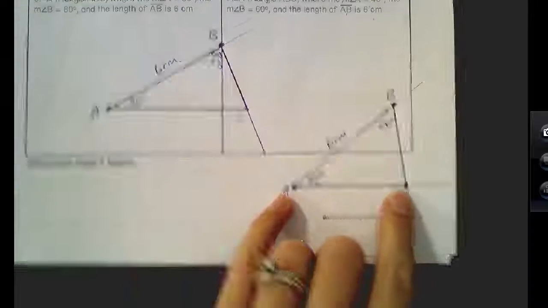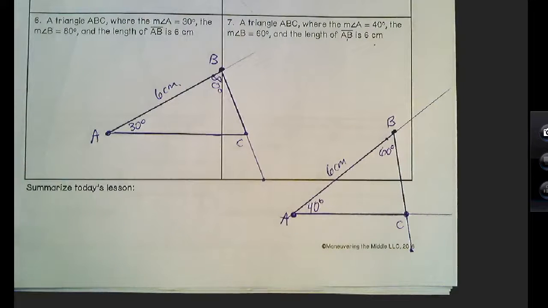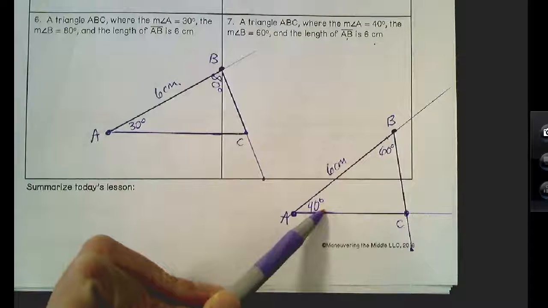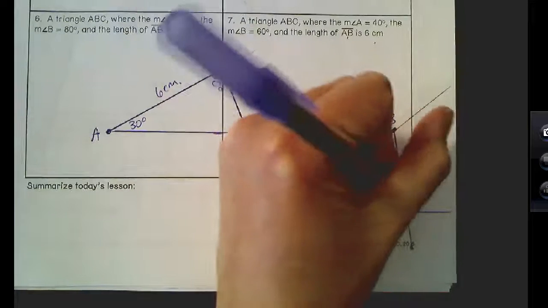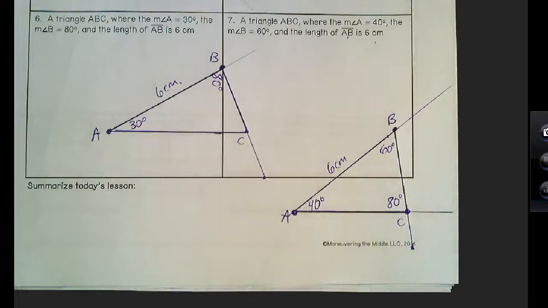They didn't specify what C ended up having to be, so we don't have to worry about going back and measuring what C is, although we could figure out C. 60 plus 40 is 100, and I need to get up to 180, so C would actually have to be 80 degrees because these 3 interior angles of a triangle add up to 180 degrees. But it didn't say you had to do that, so